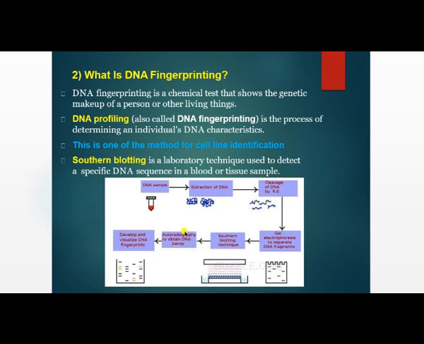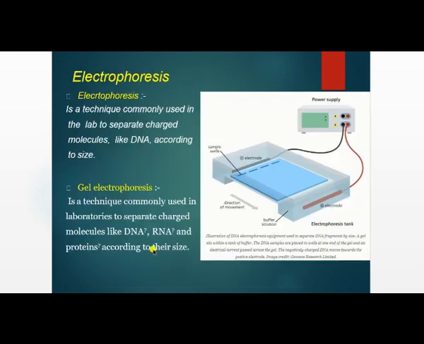Next to this, autoradiography of the obtained DNA. Whichever bands are obtained on the nitrocellulose paper, we are going to observe those bands by using autoradiography. Without autoradiography, you cannot see the fragments or bands of DNA. For the visualization of DNA, we require autoradiography. It develops and visualizes the DNA fingerprints, so it makes it easy to visualize the DNA present on that nitrocellulose paper. Understood? Next we will see.